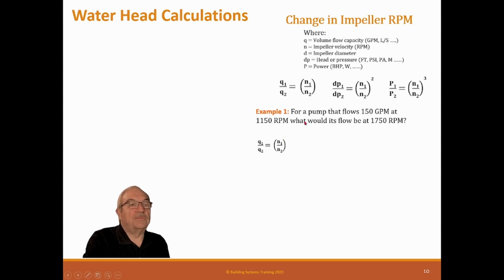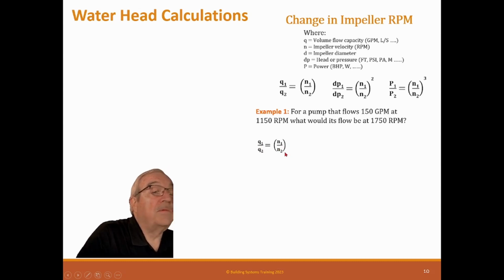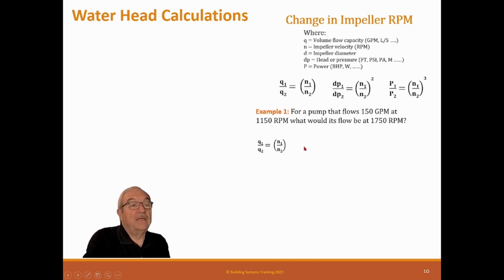So it's Q equals pump times speed. So we have Q1 over Q2 and speed 1 over speed 2. These are really small for me, but it's 150 over Q2 equals 1150 over 750. And we just cross multiply again. And that's Q2 times 1150 equals 150 times 1750, which is 228.26